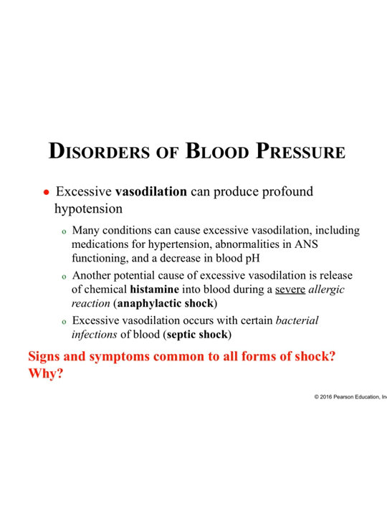Excessive vasodilation can also cause hypotension. Of course, vasodilation is going to decrease peripheral resistance. When you decrease resistance, you're decreasing blood pressure. Again, this would have to be excessive. So things that would cause this would be medications for hypertension that are working too well, if the ANS is not operating properly, or if blood pH is very acidic.